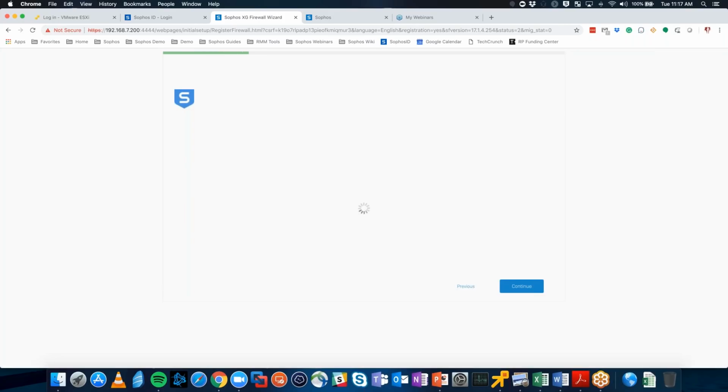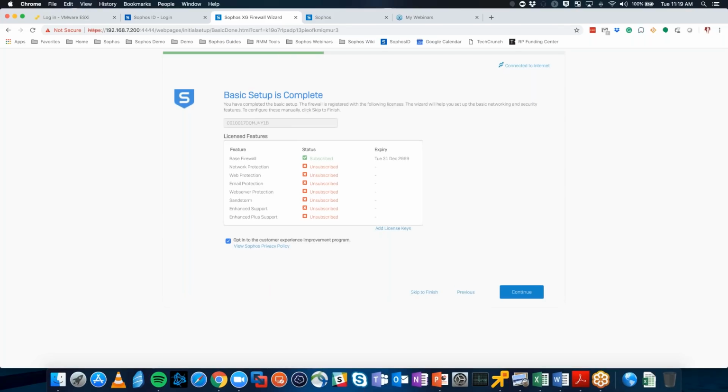And what that's going to do is it's going to bring that base license into the XG firewall. This will also bring us right back into the XG firewall setup wizard, and we can continue on through the steps here. All right, so at this point, basic setup is complete on this device. We can see how we have our base license inside of here, expiration date of